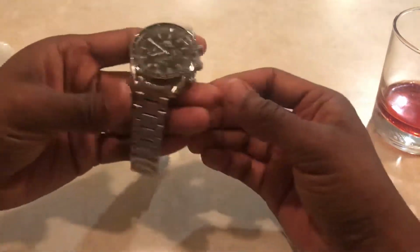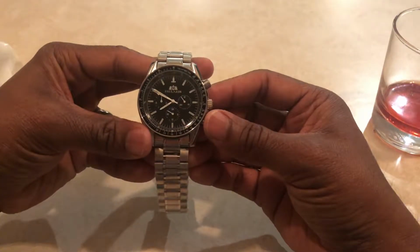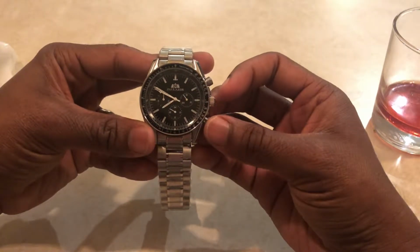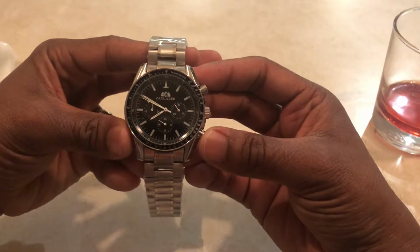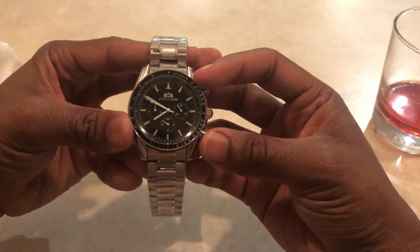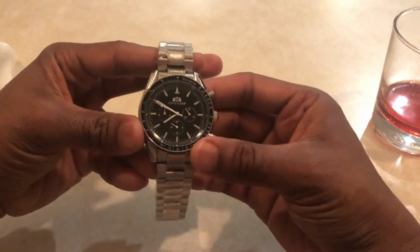So I'm excited to try this out and get this on my wrist. Look and feel looks great. It does have lume on the hour, minute, seconds hands. I'm assuming, like most of my homage watches at this price point, it's not going to be the best lume, but you get what you pay for, I guess, in that respect. But the hand design's the same, the needle seconds hand is the same, and